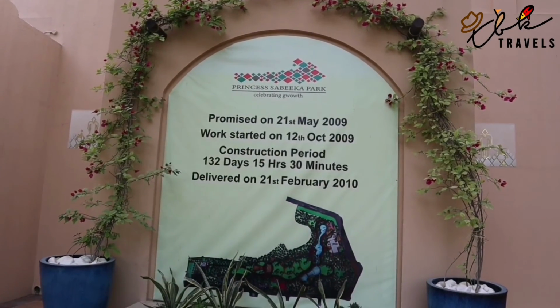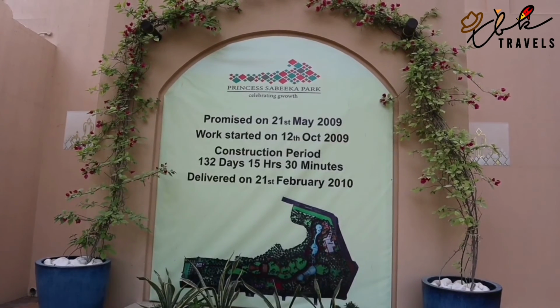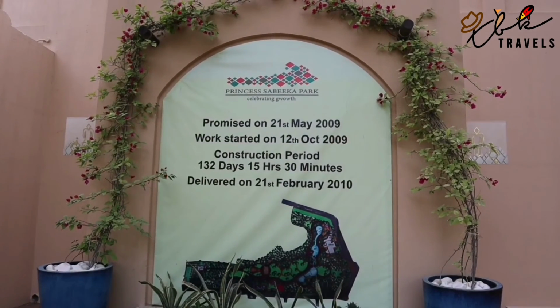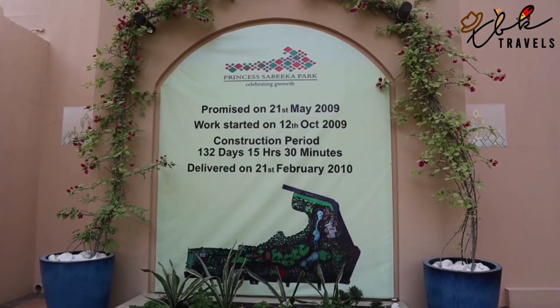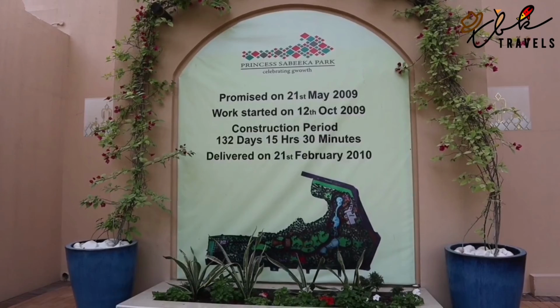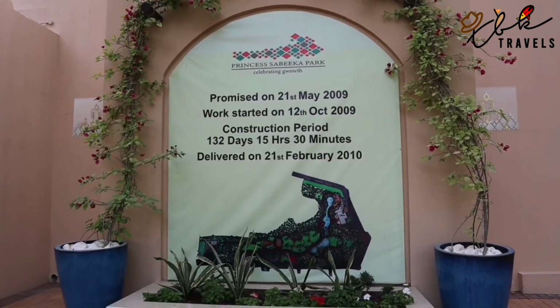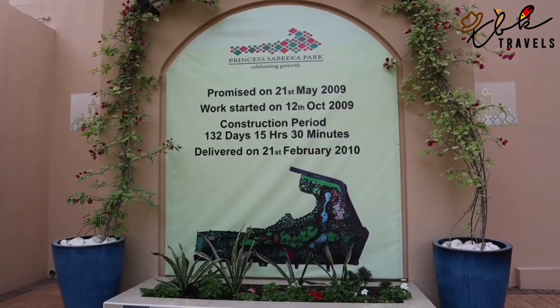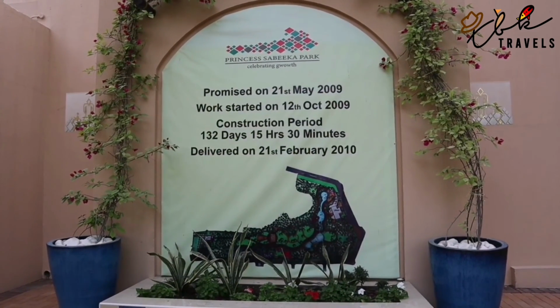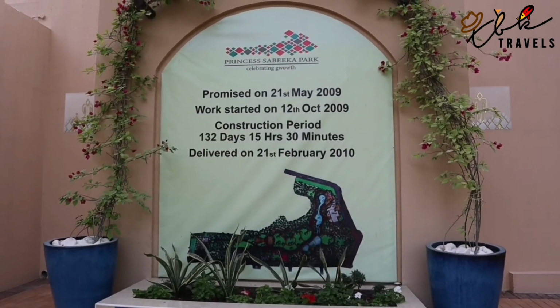They promised that they'd build a park on 21st of May 2009. They started work on the 12th of October 2009. There was a cinema on this side, the Dolman Cinema, that had to be taken down first. Then they built the park, and obviously they had to lay all the pipes underground for the water and the lake and the fountains. It took them 132 days, 15 hours and 30 minutes to complete the park, and they